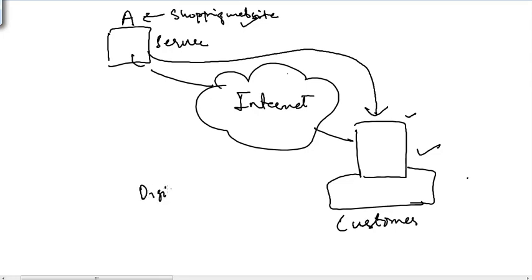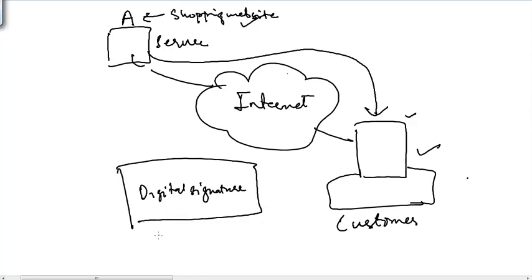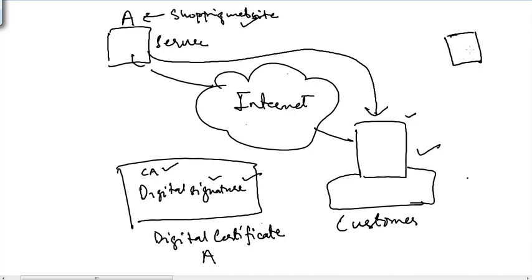There is a digital signature that is now inside the digital certificate, that is a part of the digital certificate of company A, right? So the customer takes a look at this digital signature. It sees the certification authority which issued this digital signature. The customer can go to the certification authority's website, right? This is the CA's website, and download the digital certificate